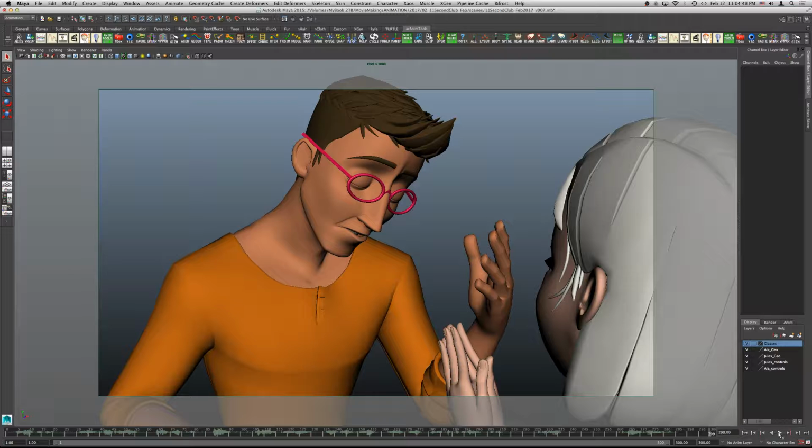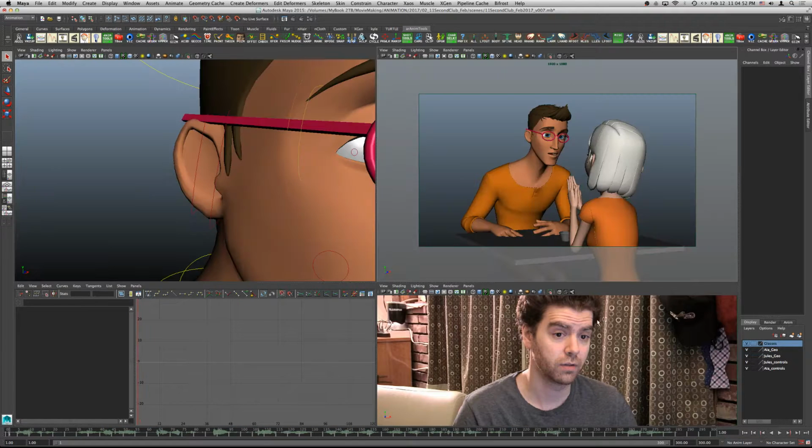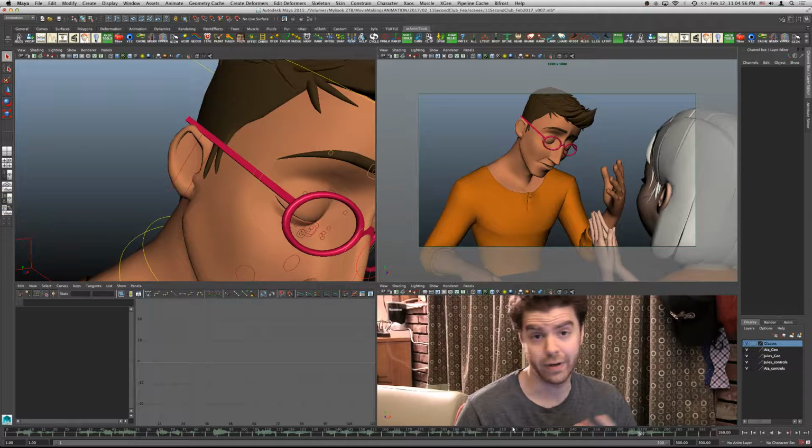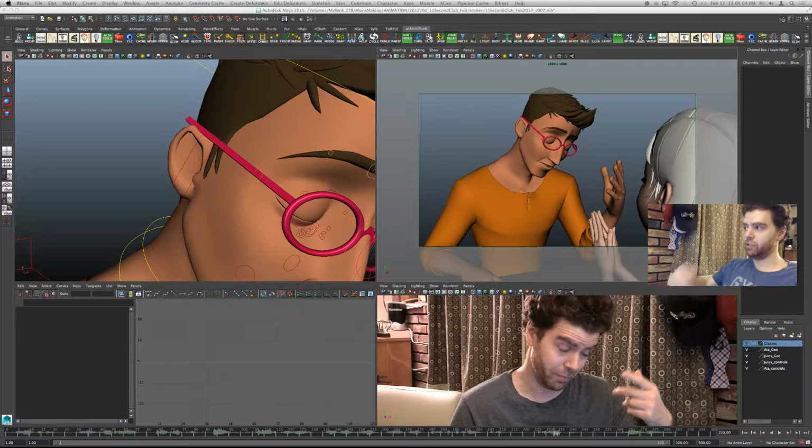So he's referring to his eyeglasses. In the reference footage here, there's a little bit of a hand gesture that I do when I shot reference footage of myself, acting through the scene. I took them out, so he sort of gestures to the glasses, hopefully to make that a little clearer.